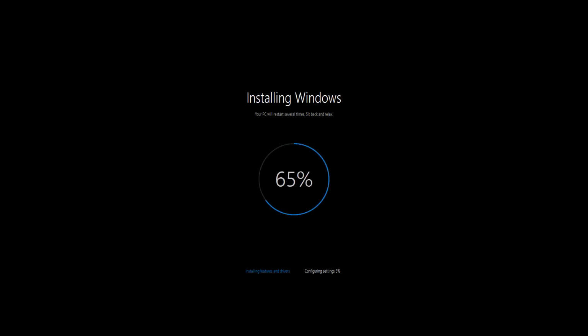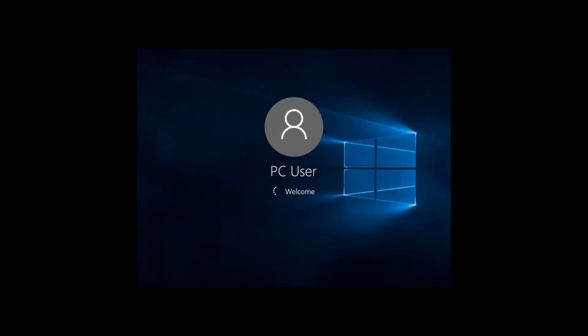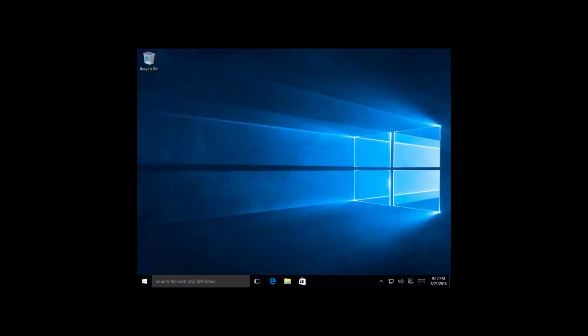Also, depending on the speed of your components, your processor, your memory, and also your hard drive, this process may take a bit longer on slower machines than on newer, faster machines. But if you're patient, you should have a faster computer once this process is done. So after a while, once Windows finishes its tasks, such as resetting itself and reinstalling, you're going to get back